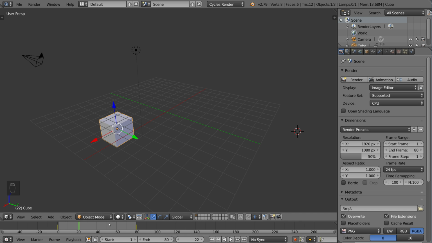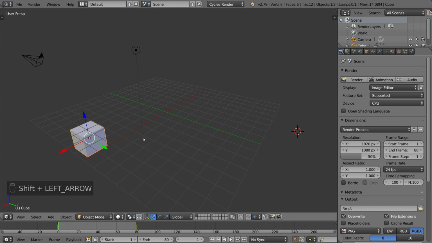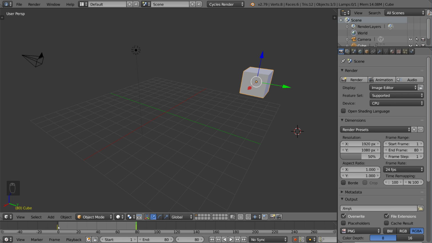And this of course represents your current frame. So you can drag that here, or you can simply drag this here, or you can hold Alt and scroll, and that's also very helpful. A couple other hotkeys are Shift left to bring you to the beginning, or Shift right to bring you to the end.